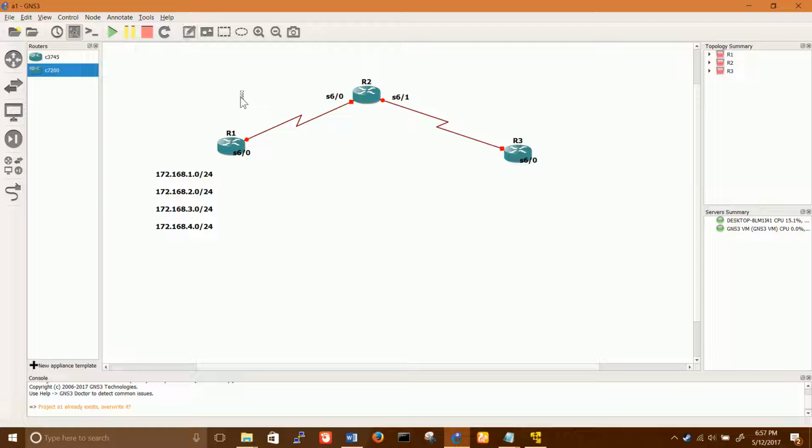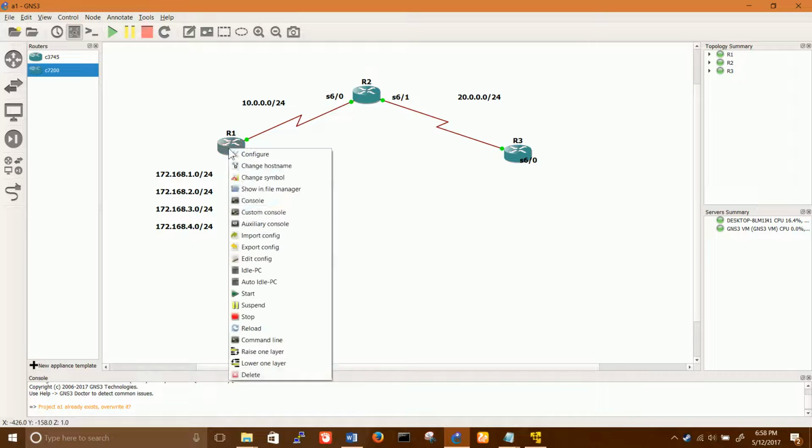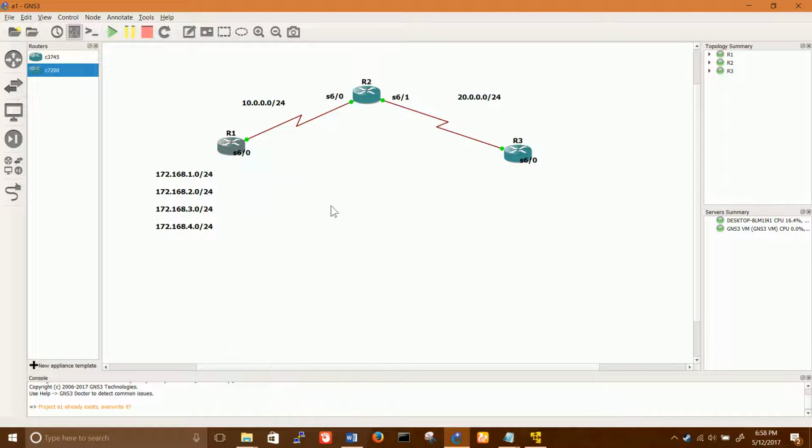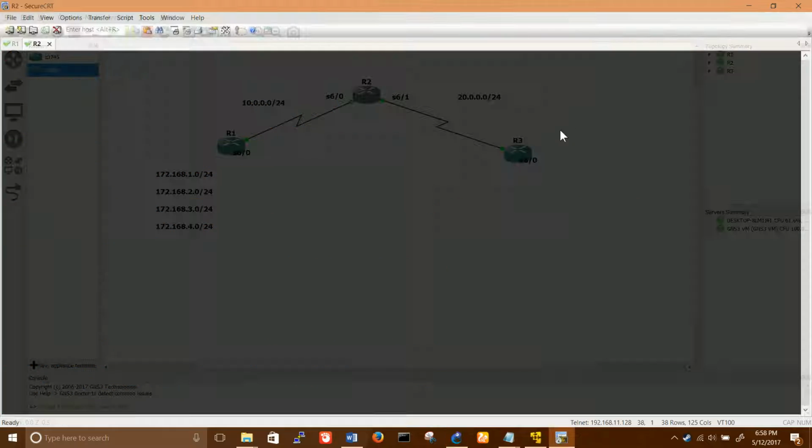In here the network is 10.0.0.0/24. In here 20.0.0.0/24. So let's start the routers. Right click, let's take the console access. Here we have R1, R2 and R3 as well.